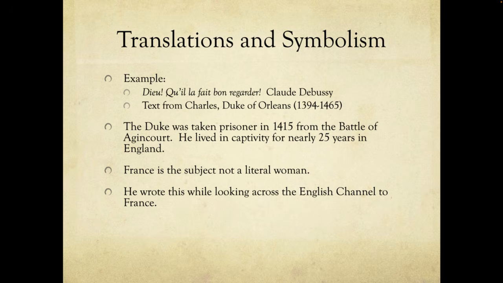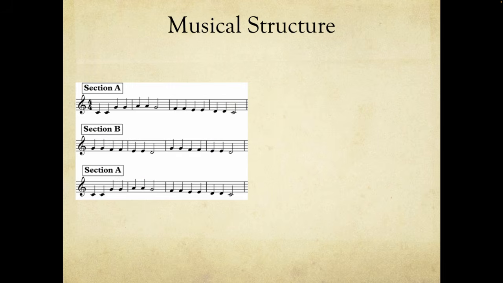But it's important contextually to understand what it is for a person to look across to their homeland and miss it. That gives a whole new context to your choir, to your students, and it's important to understand that symbolism. Additionally, the text is written in ABACA, which is a rondeau form, and of course, Debussy utilizes that.